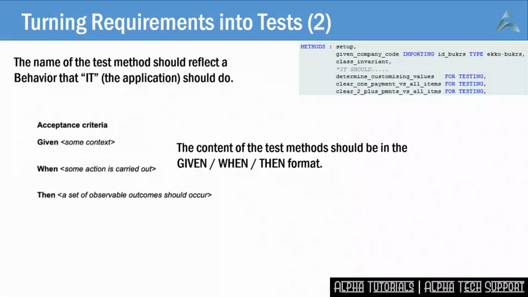Within each test method, we split it down into 3 different sections again. I usually have one method for each, in a given, when, then format. This format is often described as acceptance criteria. The given method sets up test data to be used. The when method is a single call to the production code being tested, one method of the class under test. The then method is one, possibly more, usually one, assertion. An assertion saying the result is what I expected, or it is not what I expected.